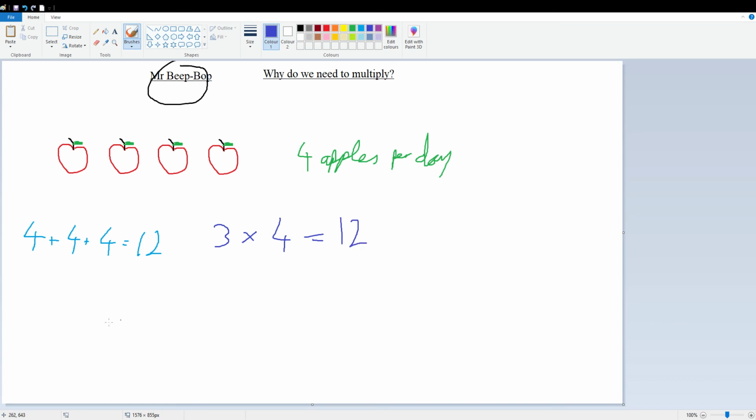Okay. Now we're doing exactly the same thing here. And this may not seem very difficult. It may seem that this is going to take you basically exactly the same amount of time. And you already have to have a basic understanding of your times tables for this to be perhaps more efficient. So instead, what we're going to be looking at is how this would be useful based on our other